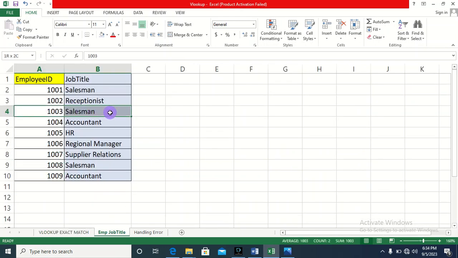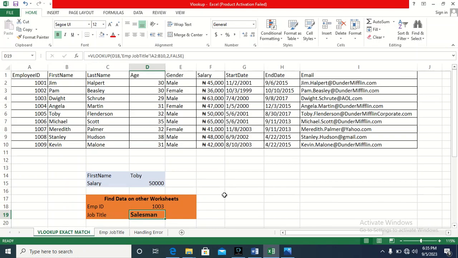We've gotten our exact match here. If we go ahead and put another number here, let's use a number that is not present within our data set,